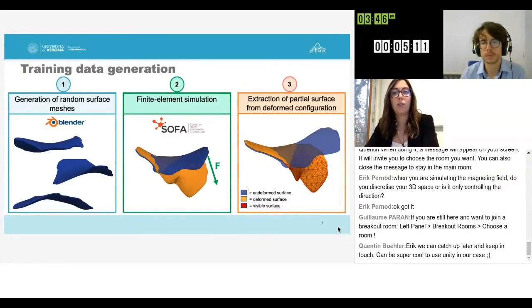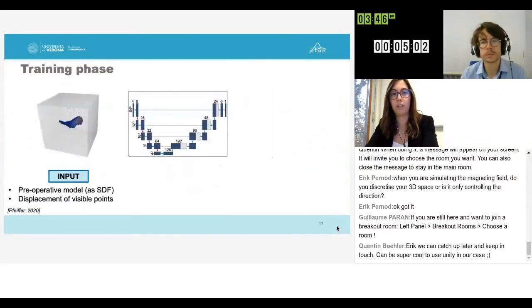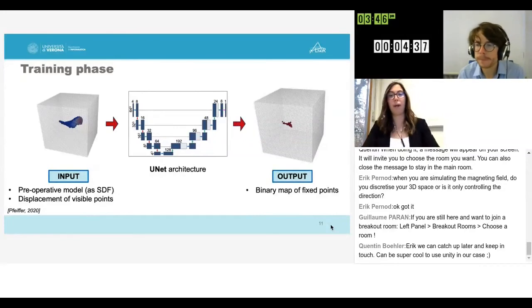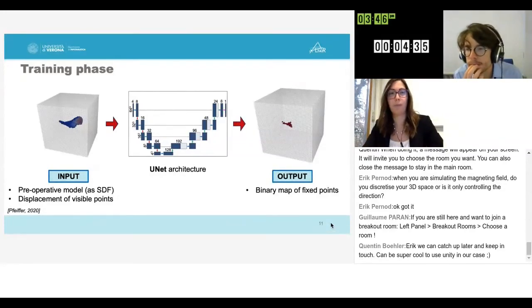So in order to exploit convolutional operators, what we had to do at this point was to encode this information into a 3D grid. So we performed an operation which we called voxelization in order to encode in this grid the preoperative undeformed model and the displacement of the points which are visible. Then this represents the input to our network, which is a UNet architecture. And then it provides as output a binary map of the fixed points. So we trained this network with the synthetic data, and then we